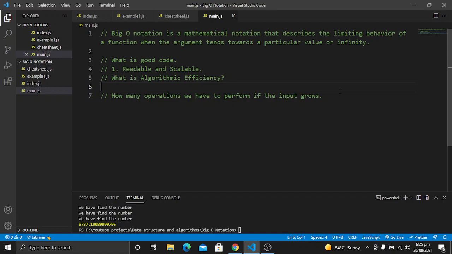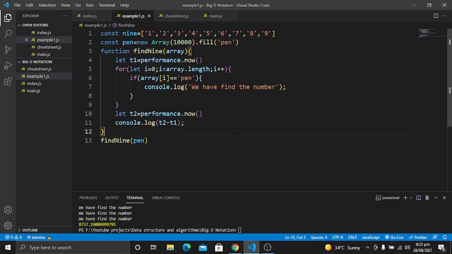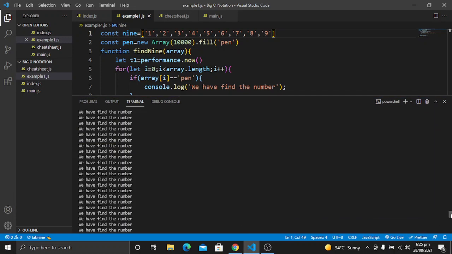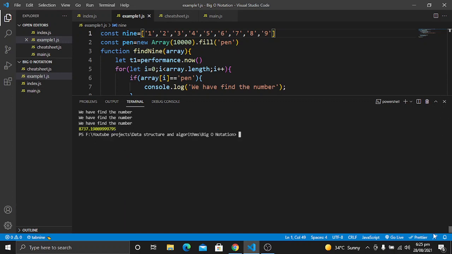Now what does this line mean? If we go to our example one, as you will see here, when we have a simple array with one item, it has to perform one operation. When I took the example of 10,000 items, it performed 10,000 operations, and it logged 10,000 times that we found the number.